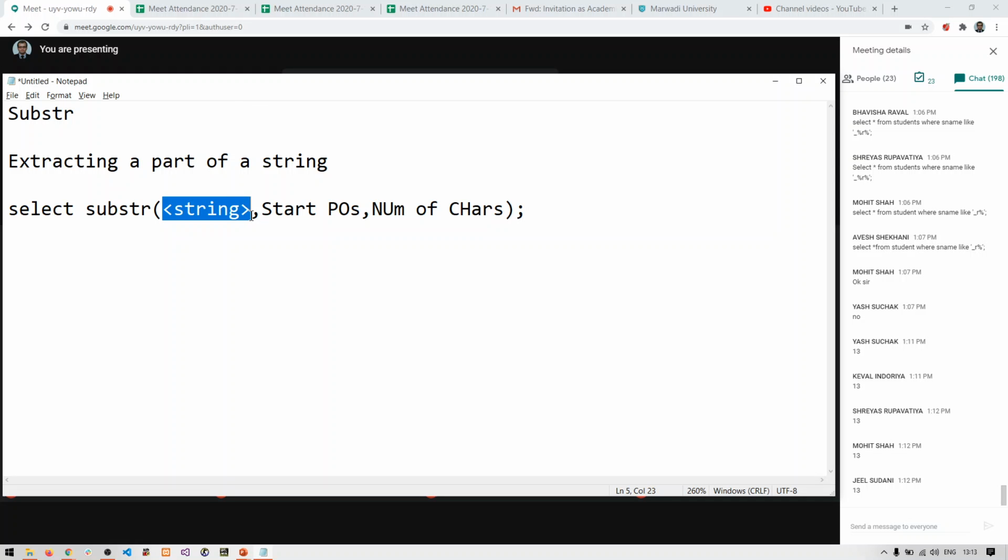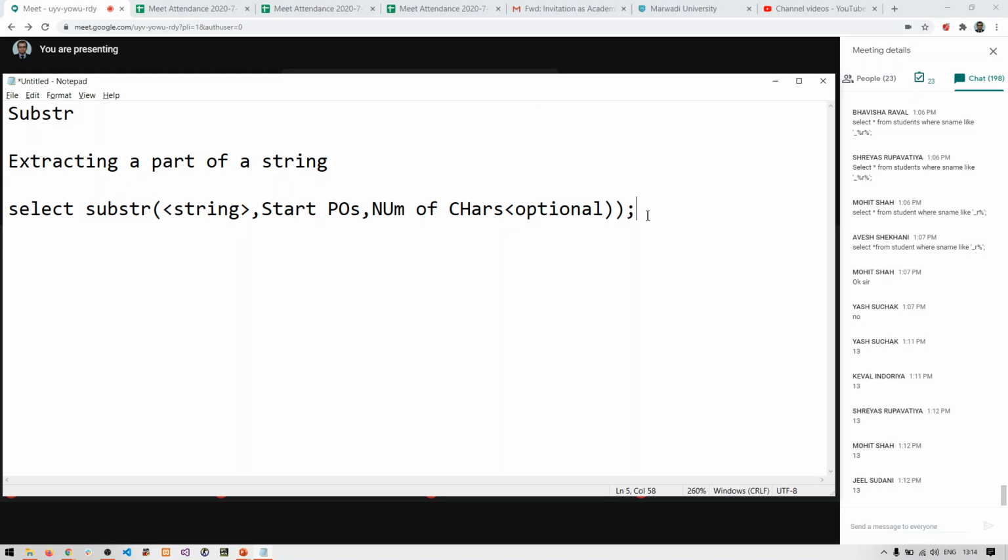So what does this mean? This is the string given. You have to give the starting position from where you want to extract a particular part of the string. Extract means fetch a particular part of a string. Partially remove the particular part of a string. So the string is given. You are saying that from this particular character we are going to start extracting, and number of characters means I want to extract this many characters. This is the optional part. This one is optional. Right?